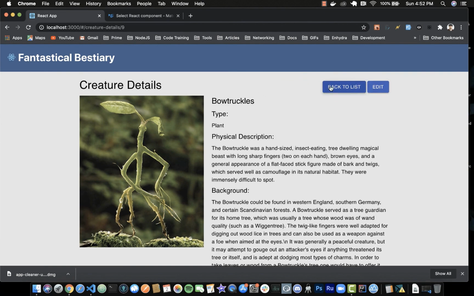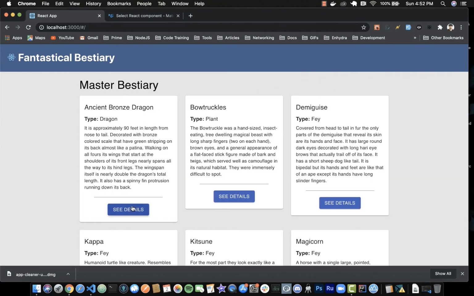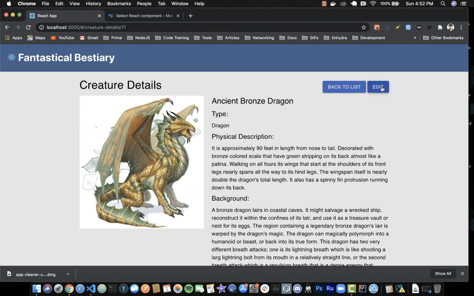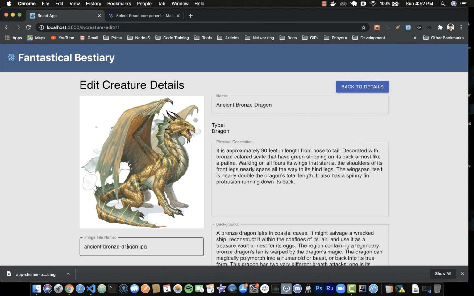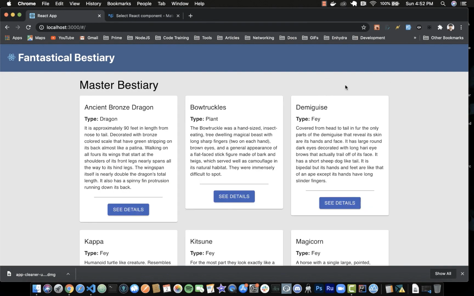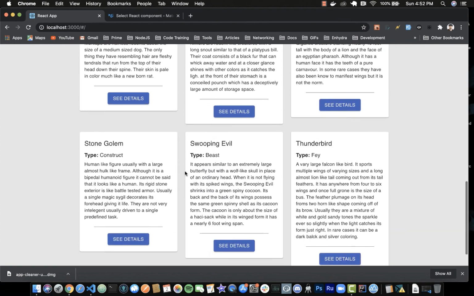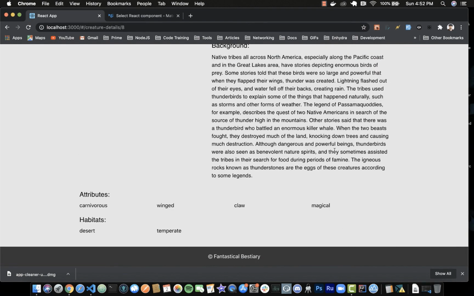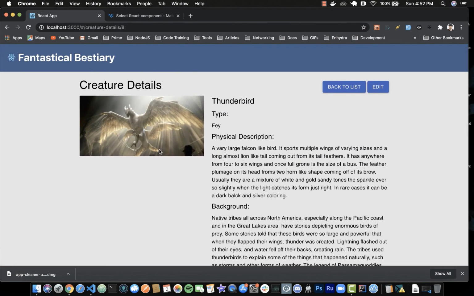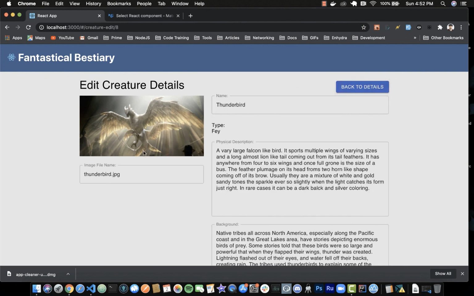One other thing that I'd like to show you, as far as the form's concerned, I've got it so that we can edit an image. This is not an image upload. This is only available if we have another image already loaded into the system. And I do happen to have another image loaded in for Thunderbird. And if we come over here, we've got the Thunderbird here, and we edit. And if I come in here and enter Thunderbird 2,